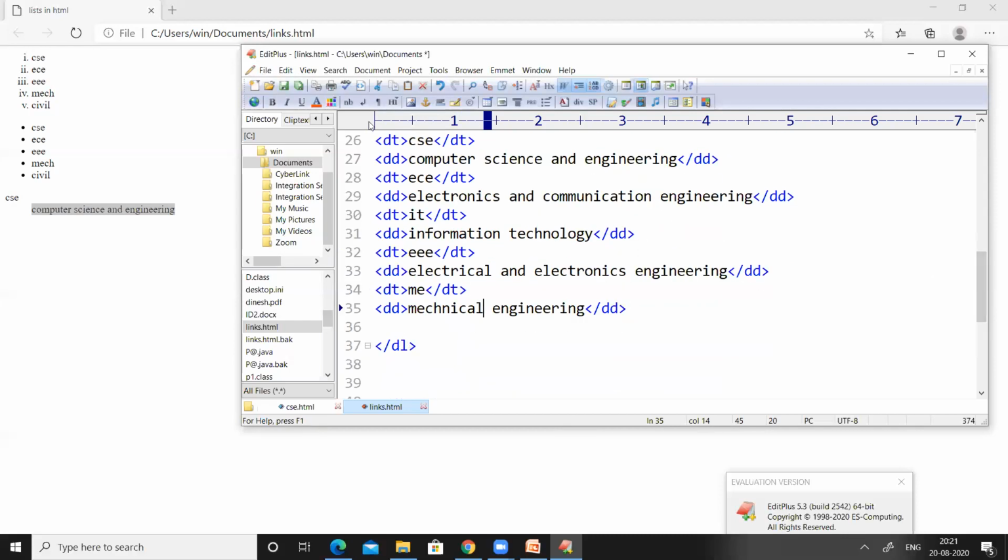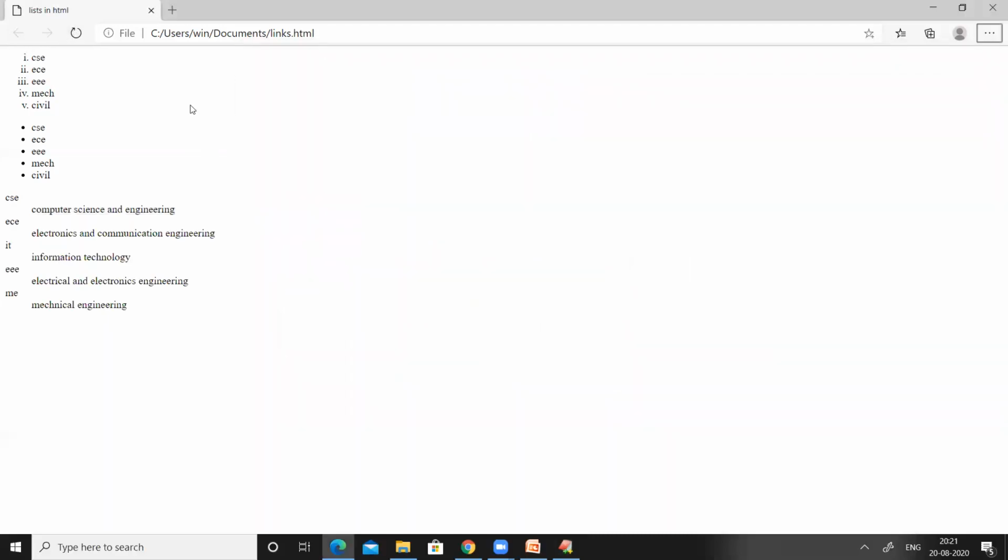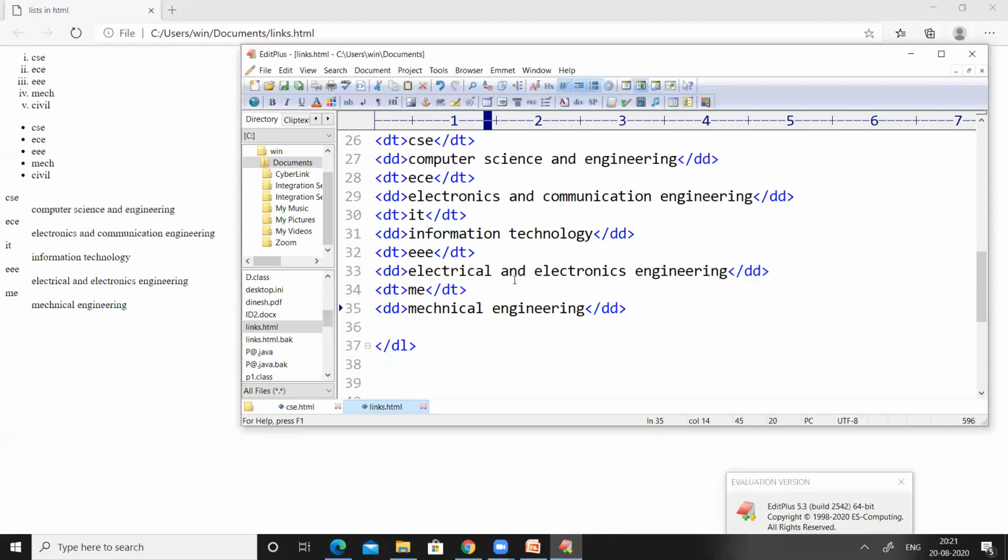Let us see how they will be displayed on the web page. Save the code. Just refresh the web page so that the changes will be applied.